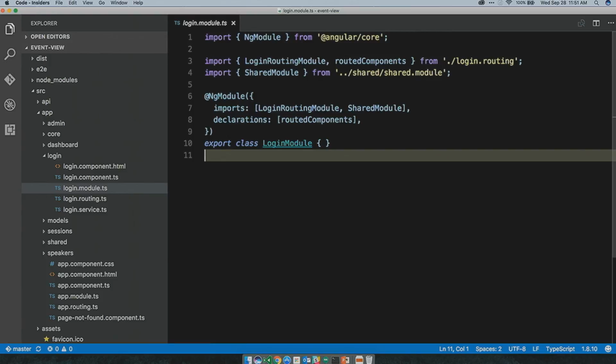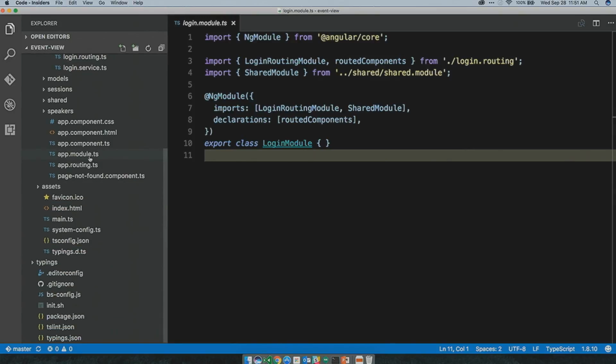I had two questions. One, you said that modules could be either eager loaded or lazy loaded. How do you specify that? And then the second question was, how do you do the ahead of time compilation and the tree shaking and all that you talked about? So let me answer in reverse order. How do you do AOT and compilation?